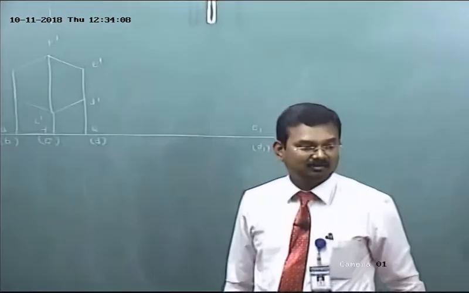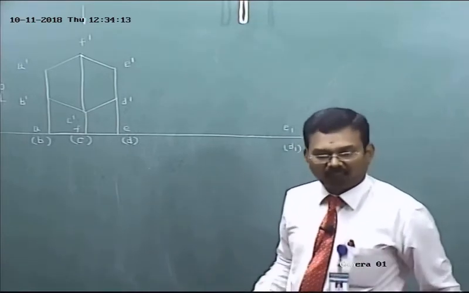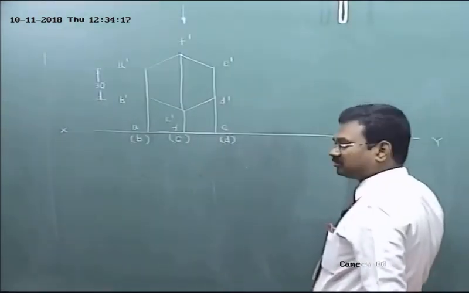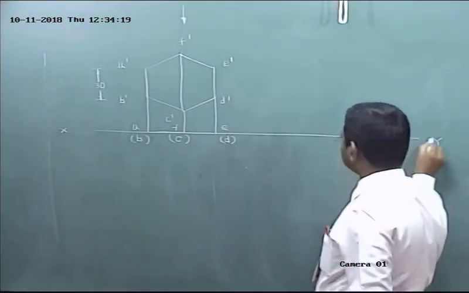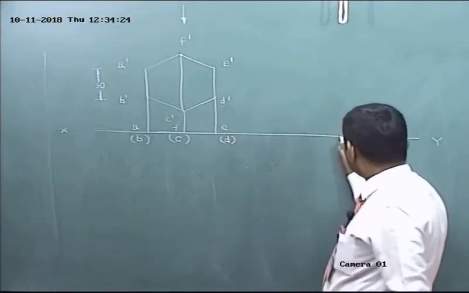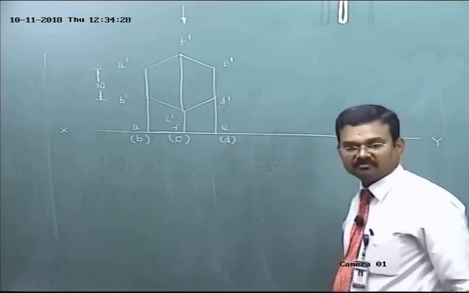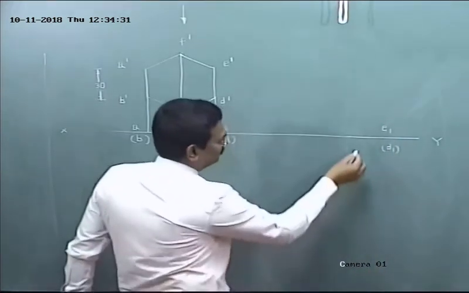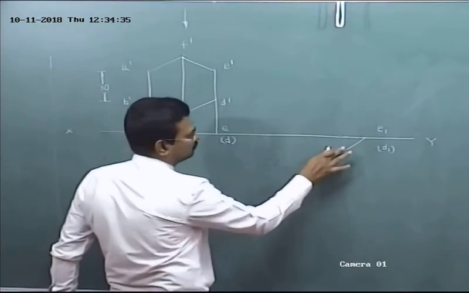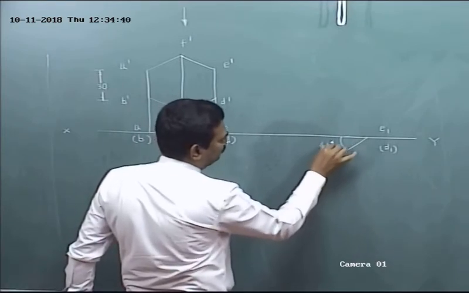What is the angle? The surface is inclined at 45 degree to VP. So take this point as a reference point, use a reference line XY as our reference line. Now mark the angle 0, 10, 20, 30, 40, 45. Am I right? From E1 through the marked angle, draw a line. Then apply dimensioning. What is this? 45 degrees.